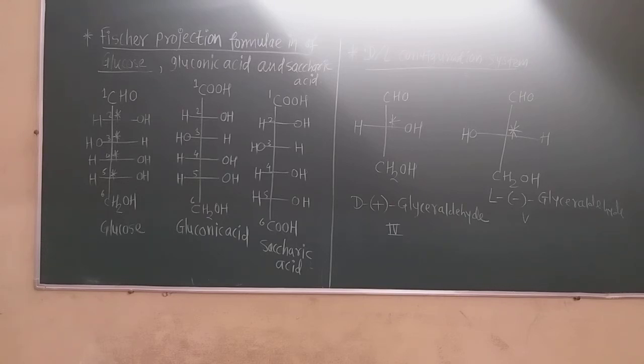In the halogen derivatives we saw the definition of enantiomers. Enantiomers are optically active compounds which rotate the plane of plane polarized light in different directions but by the same angle. And enantiomers are the optical isomers of the same compound, shown by D isomer, that is dextro, and L isomer, that is levo, and they rotate the plane polarized light clockwise and anticlockwise respectively. They are non-superimposable mirror images of each other, just like our palms.